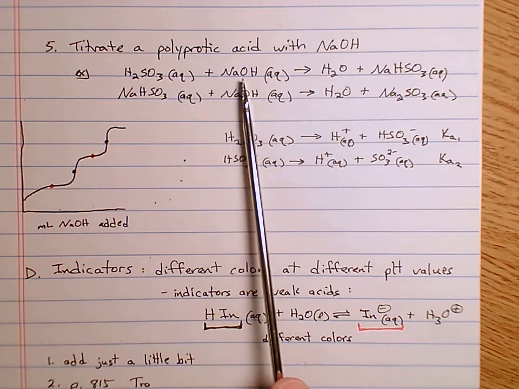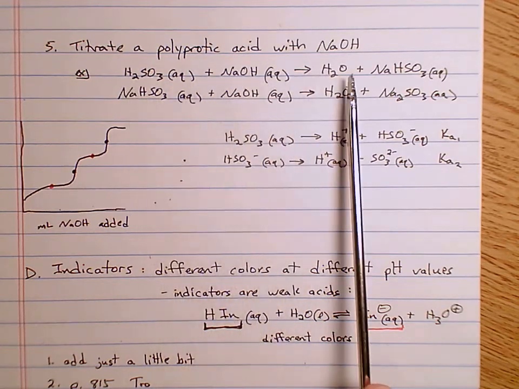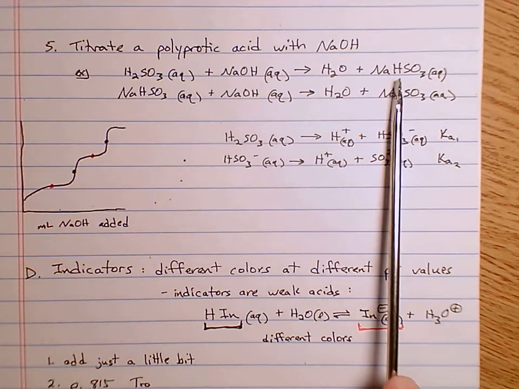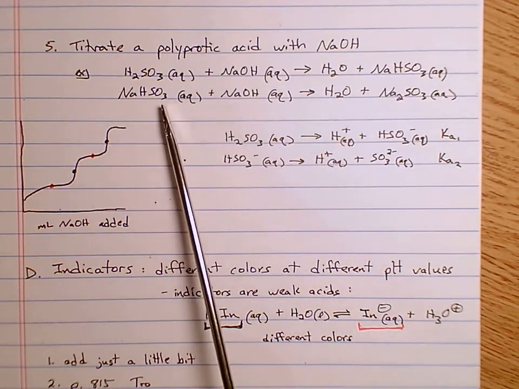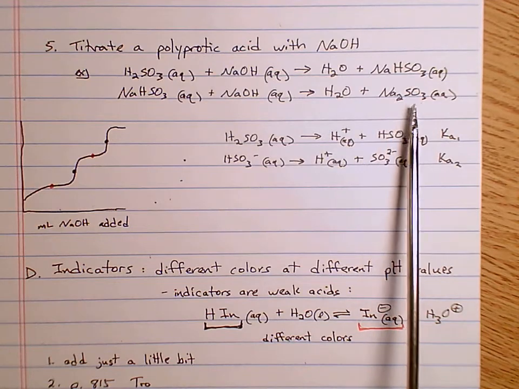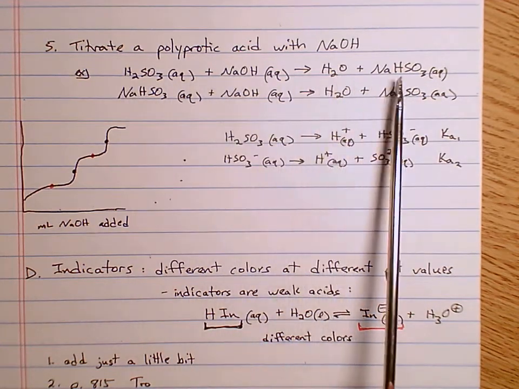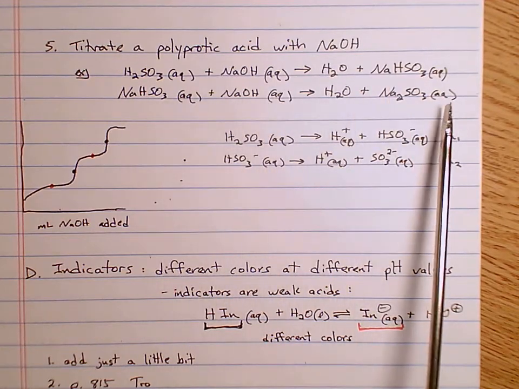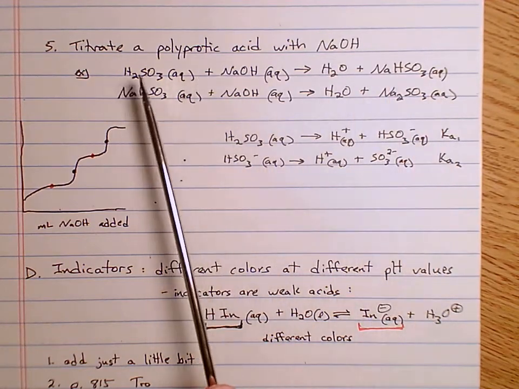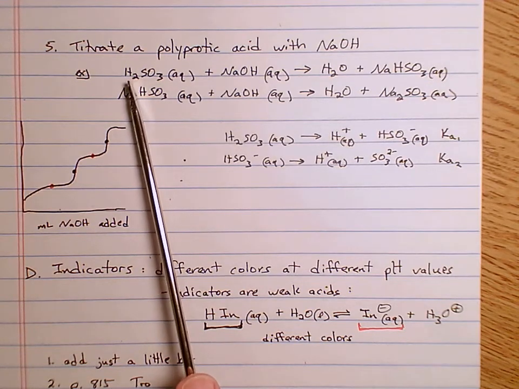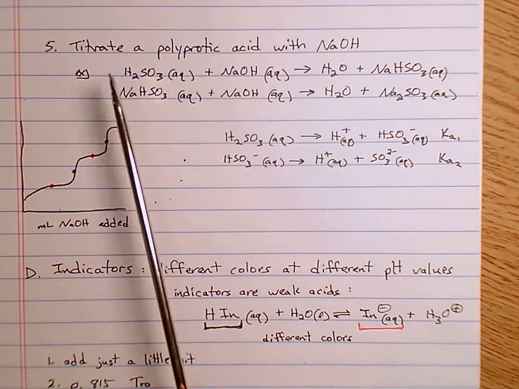Note if we add NaOH, we will snag one of these protons to make water plus NaHSO3, which still has a proton, so if we keep adding base, we will end up with Na2SO3. So we've got this first acidic proton that gets given up and this second acidic proton that can be given up. And since it's a weak acid, these two protons have two different Ka